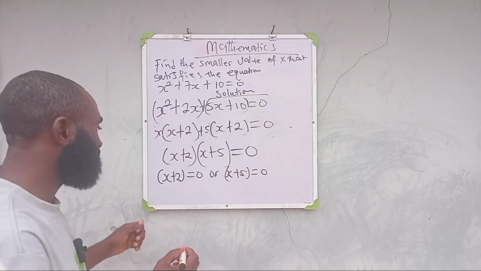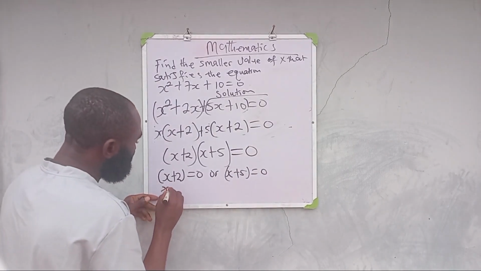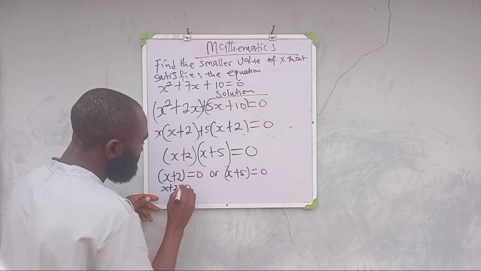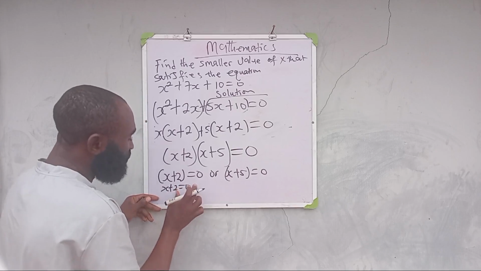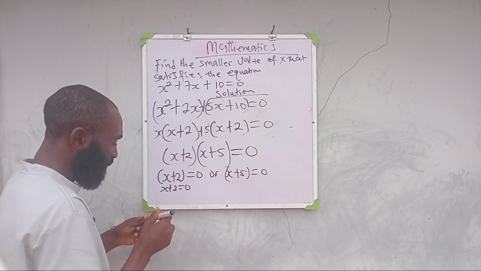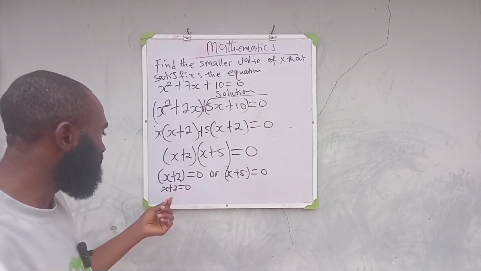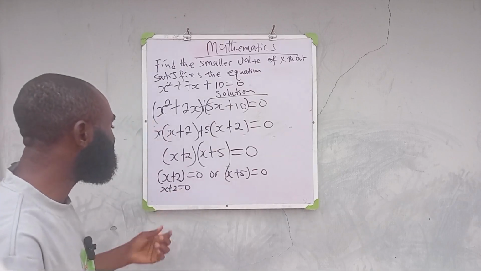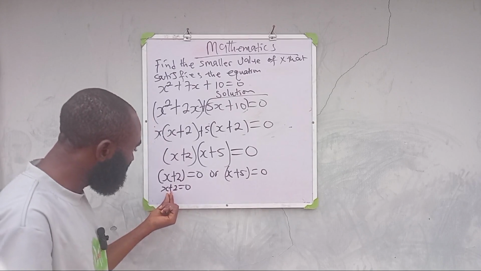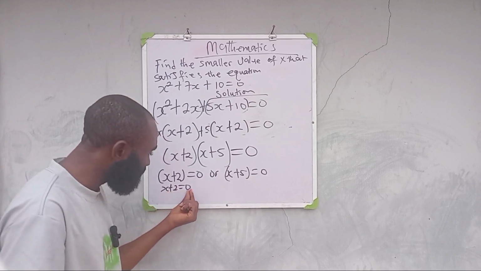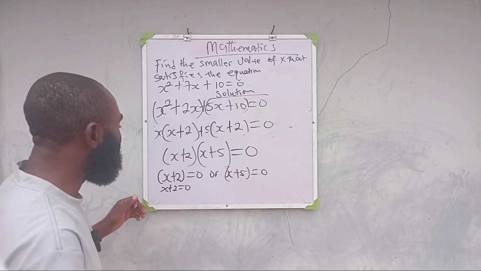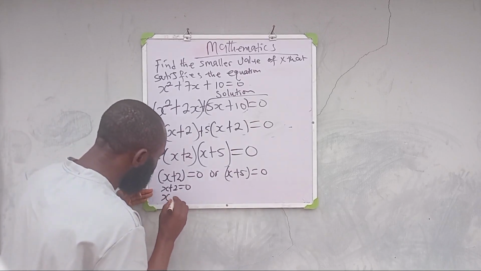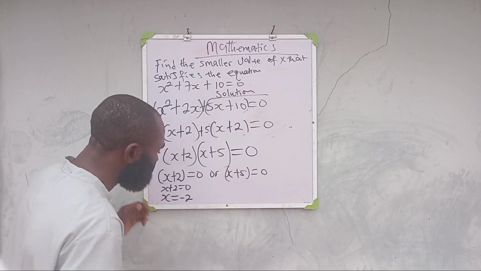From here, we have that x plus 2 is equal to 0. Solving for x, when dealing with an equation and you have a plus sign and you want to cross the equality sign, the sign changes. So here we have plus and we are taking it across the equality sign. That will give us minus 2. So x is equal to minus 2,